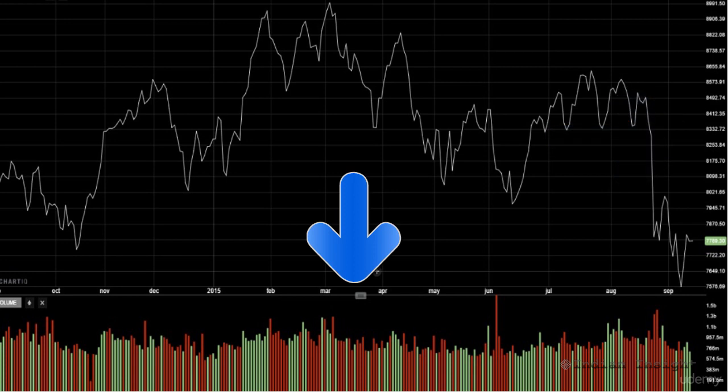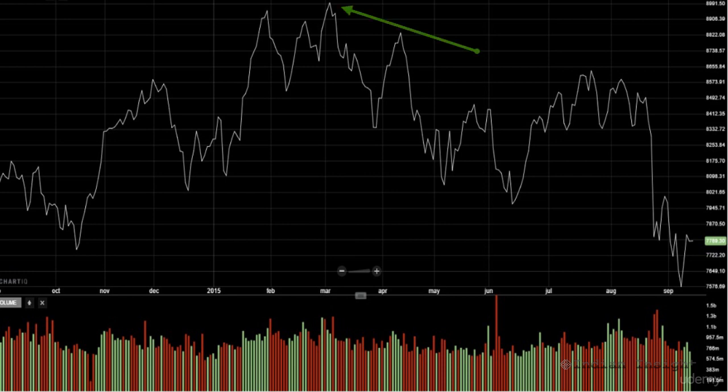By looking at a line chart, you can do a quick analysis of the price behavior of the security in question. For example, in this chart, you can see that the markets formed a peak around 8,990 levels and then entered into a correction phase. There was also a rally in the month of June, which could be looked at as a correction of this downtrend. And after this correction was over, there was another down leg whereby the markets made a new low in the month of September. This low was around 7,575.